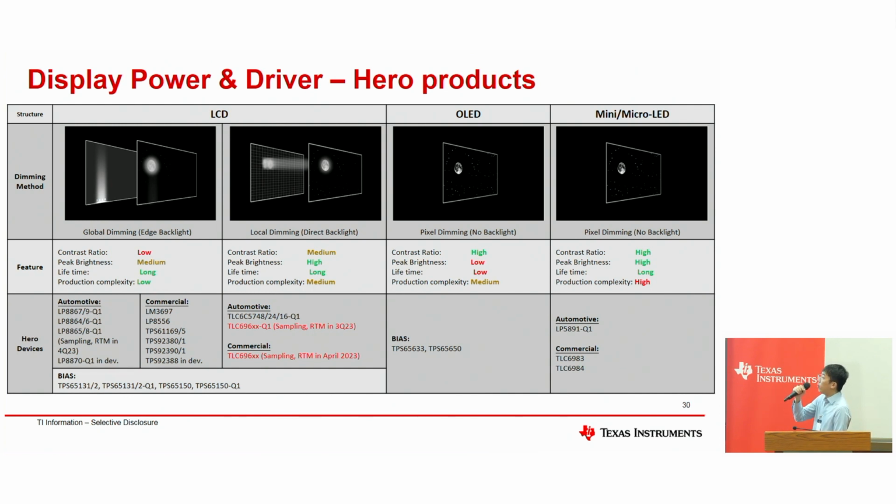For the right two, the OLED and the mini or micro LEDs, those are all pixel dimming. So it will not do the liquid crystal flip-flop like the LCD display. It's more like one LED dot for one pixel. So if you want a 4K resolution, you need that many LED dots to support your display quality. For these two columns, we also have solutions to support the bias power and also the commercial TVs. Since they are direct displays, they will have the highest contrast ratio when you are trying to see the visualizations.